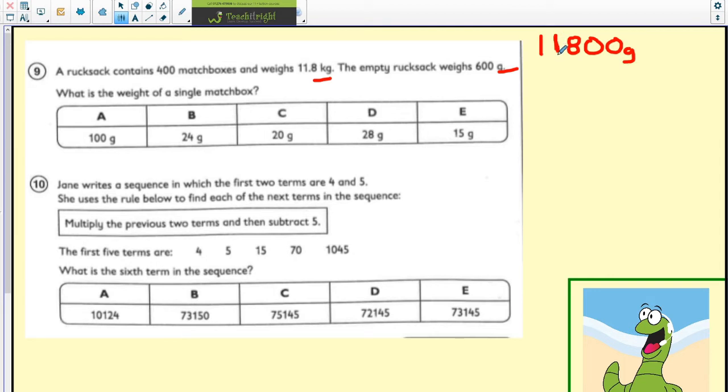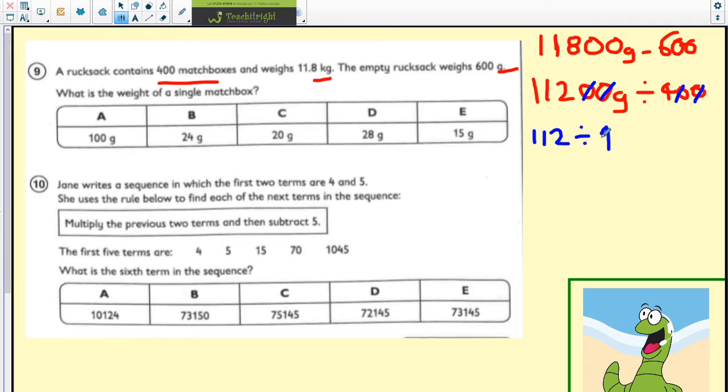So that's the starting point, that's what I'm dealing with. Then I want to get rid of the rucksack, so I'm going to take away 600, which means I've got 11,200 grams. And then I need to work out now what if that's all 400 matchboxes, I want to work out what 1 is. I'm going to have to divide it by 400. So the way I would do this is I would cancel out my zeros. So now it's the same as